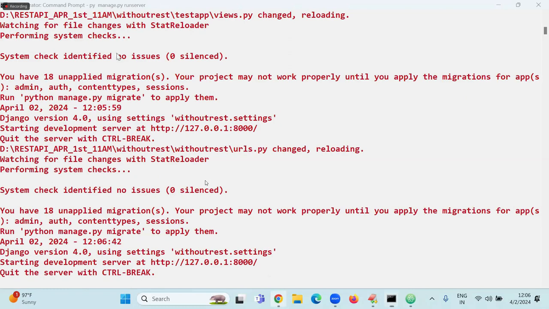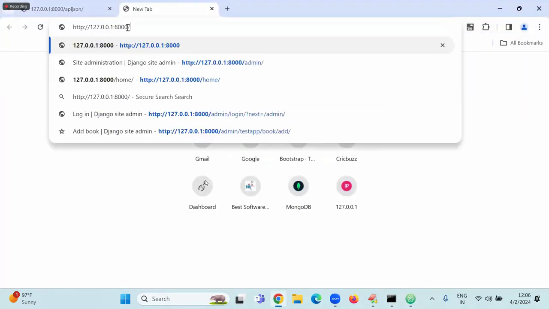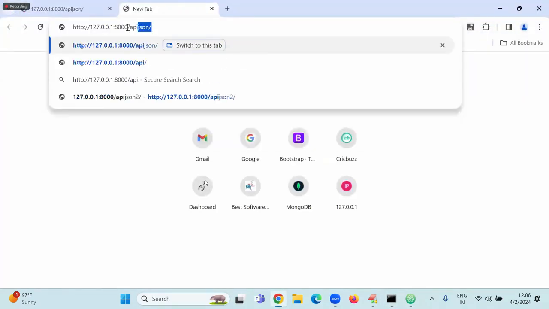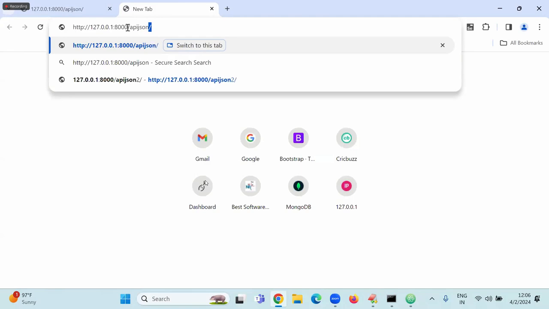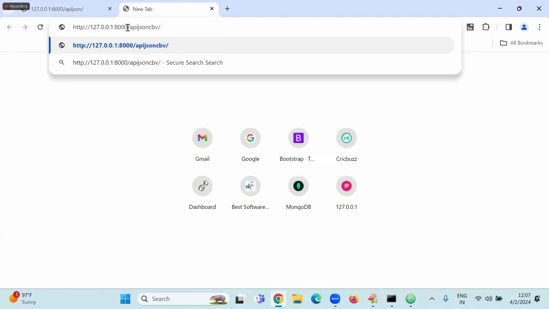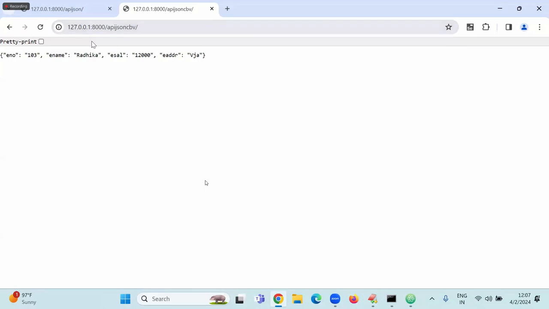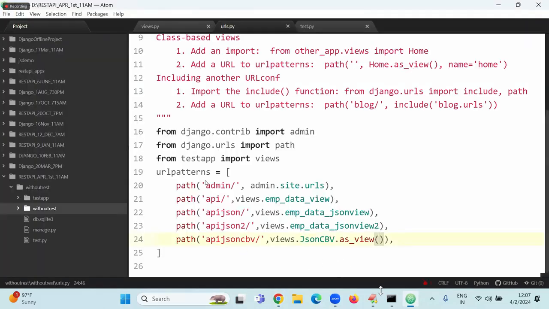Copy this. Go to the new browser. api/jsoncbv, this is my endpoint. Sir, am I getting data or not? This is normal, this is the browsable API. The end user will get the data. This is common. But whether it is valid or invalid, how it is working, JSON data you should always test